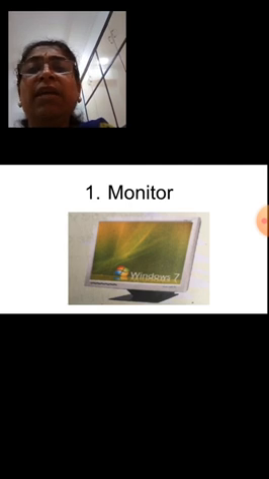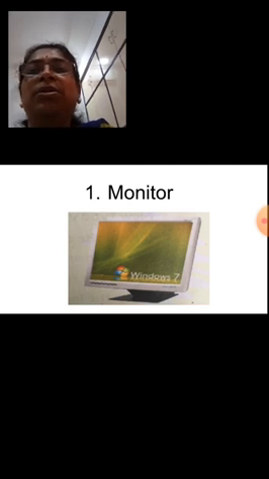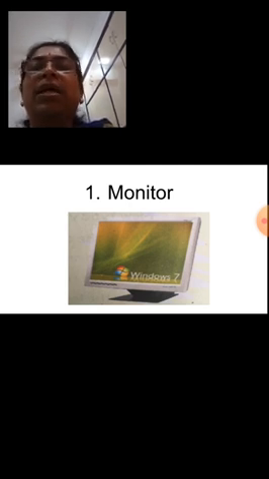It looks like a TV, all of you know, but there is a difference between a TV and a computer monitor. Whatever programs you can watch on the TV, you cannot watch all of those on the monitor.